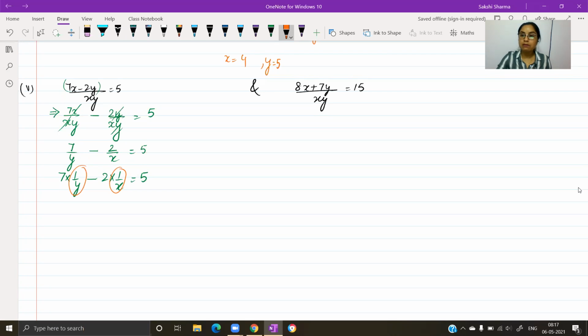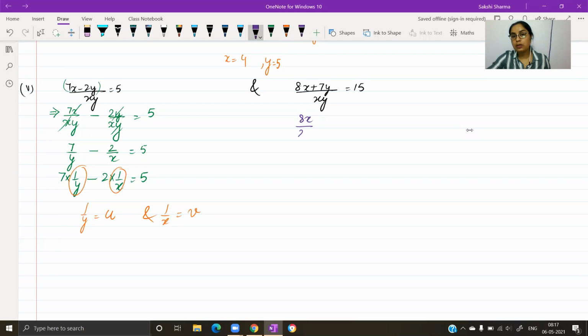Usually x comes first, y comes later. So when you replace, you may do it in the same way. You can take u for 1 over x, and v for 1 over y. Or you could just do with 1 over y equals to u and 1 over x as v. Whichever is convenient, just keep in mind when you use the values to find out. It's a habit, you have been doing questions on the same pattern for so long, so be careful.